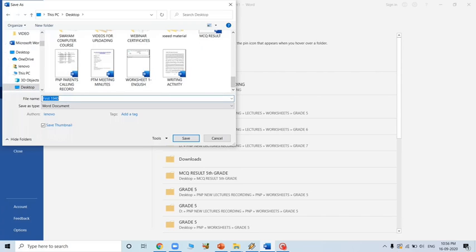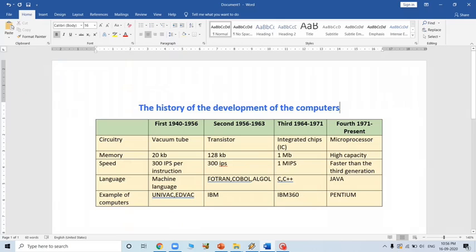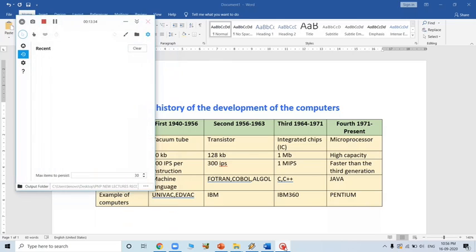You have to give a file name, a particular name which you want, and that name will appear on the desktop, and you can easily identify or find the file. So this is how you can prepare a chart and save it in your computer system. I hope you have understood very clearly.